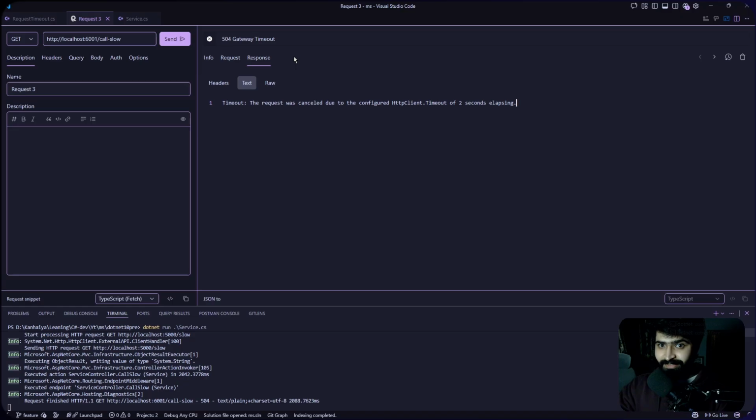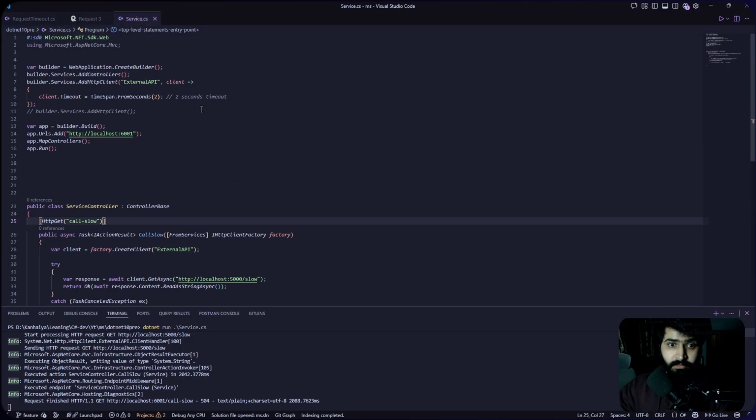As you can see, we got a 504 gateway timeout, because we have explicitly defined that if any service is taking more than 2 seconds to respond, just abort that operation. You can see we are getting the request was cancelled due to the configured HTTP client timeout of 2 seconds elapsing. And what if I just comment out this timeout